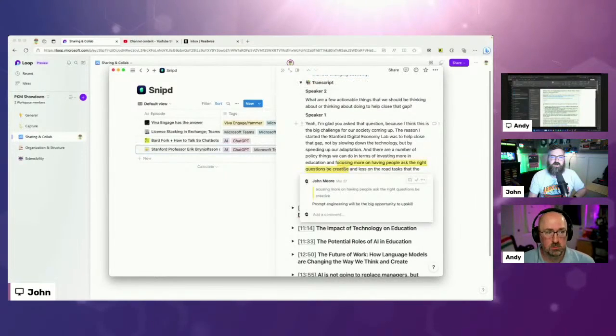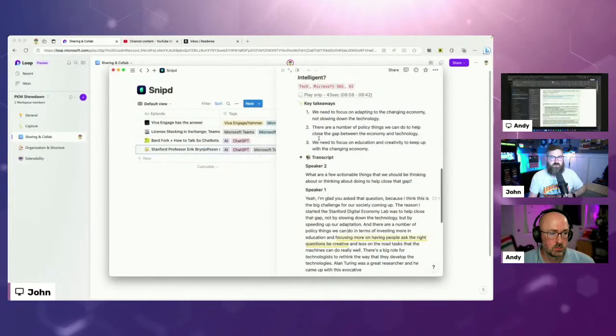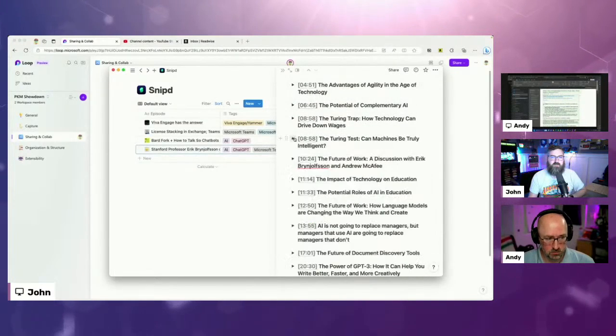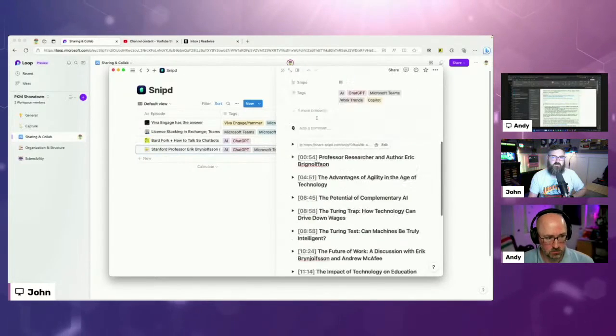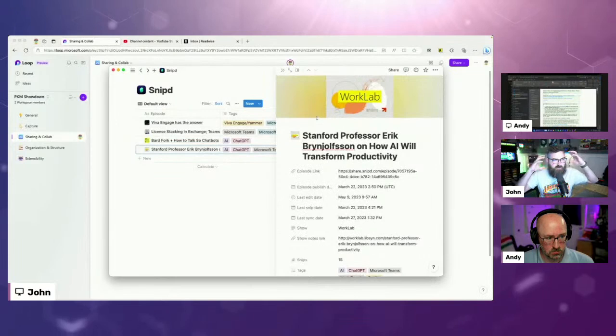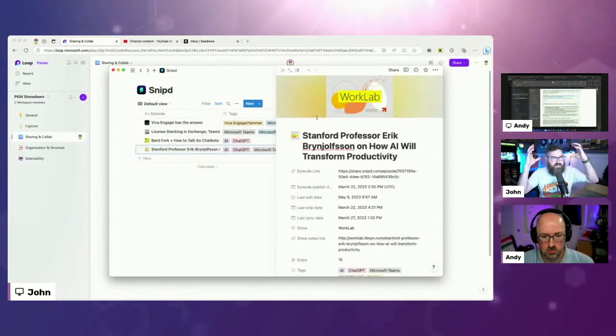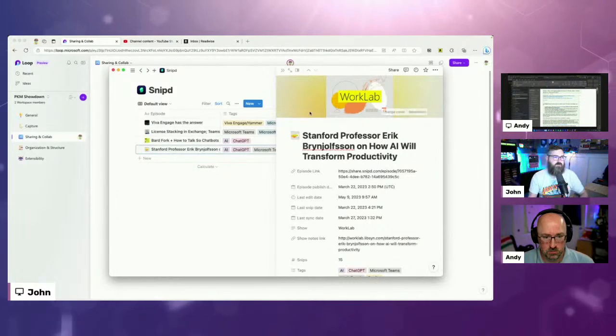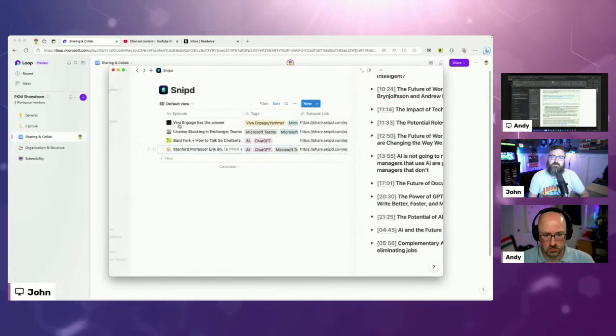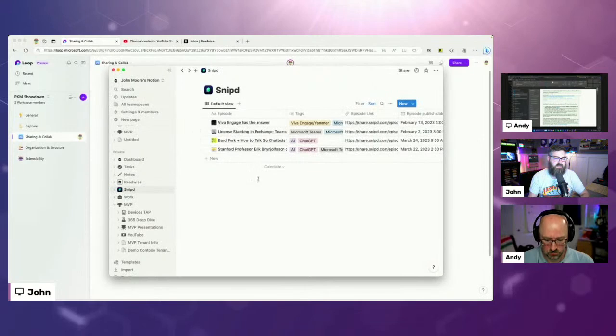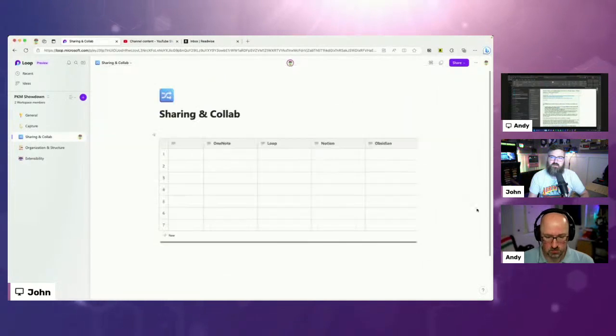Then I can take notes on it. This is a great way to save things from podcasts as well. It's all about getting it out of my sensing, reading or hearing, and into something on paper so I can do something with it, and then making it searchable with tags and all that type of stuff. So that's how I do my ingest.